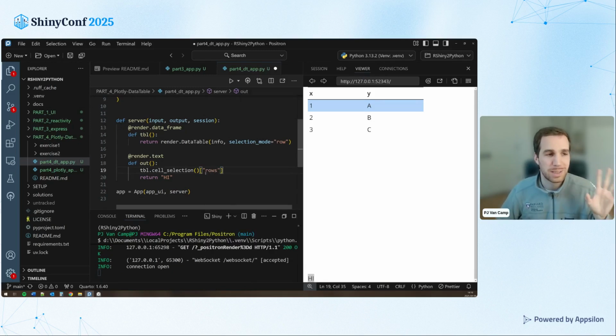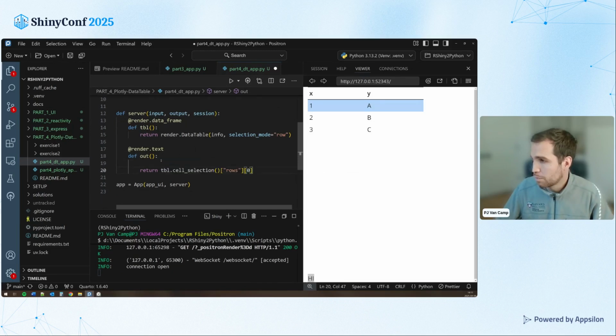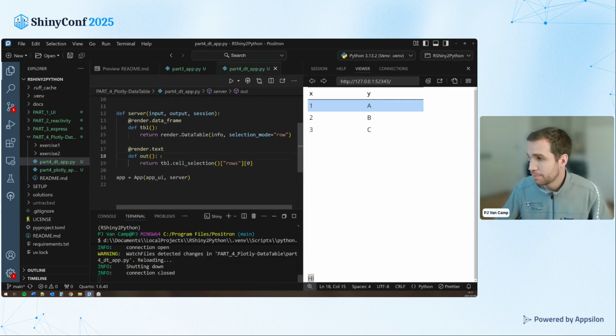This is all a little bit of syntax, but once you know how this works, it's very easy. And at this point, we want to then get the first value that is being shown. So let's just make this 0. And now if we would return this instead, so instead of just this hi,